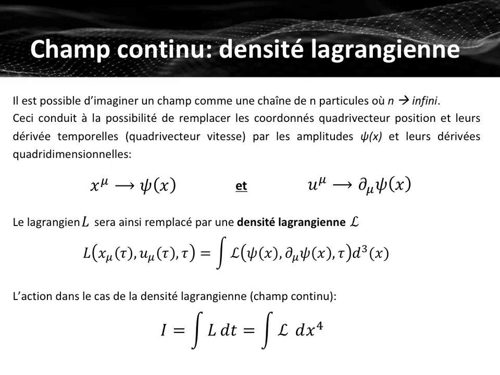Because at the end, as we said, a field is a given value at each point of the space-time. Now, if I put a particle at each point of the space-time, then I have also the same idea, I have a field. And then I can apply, if you want, these Lagrange or Euler-Lagrange equations to each of these points. But then, because n goes to infinity, actually we replace x mu